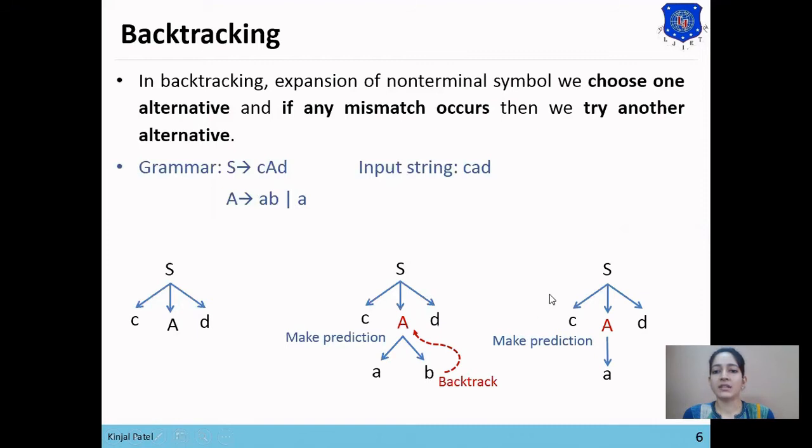Now the match occurred, so parsing is done successfully. So in backtracking, if there is a common prefix in multiple alternatives, then the parser needs to backtrack. So this method is time consuming, as if there are 5 common prefixes in 2 alternatives, then we need to backtrack 5 times for the same string.